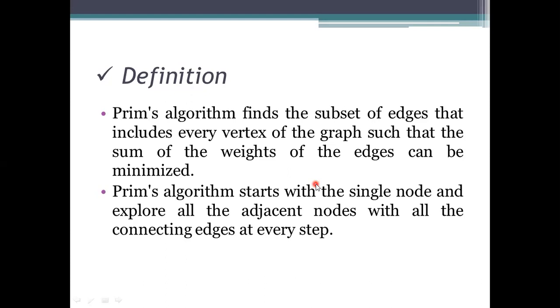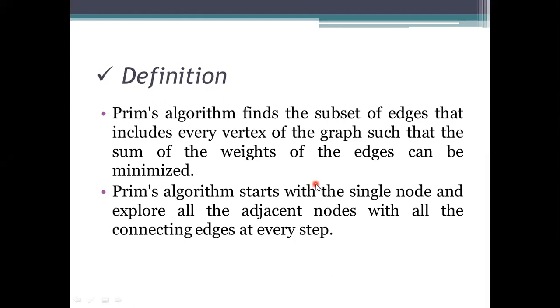So the process here is we need to take a node or a vertex, and we need to explore all its adjacent nodes, and connect these adjacent nodes with edges. These edges will have the property of minimum weight. So first, we are taking the edges from the set E, and the vertices from the vertex set V.